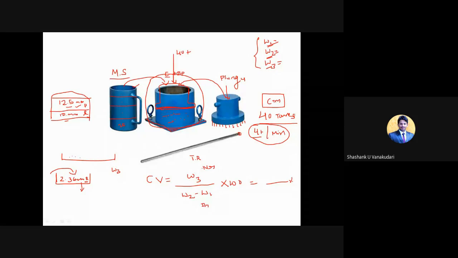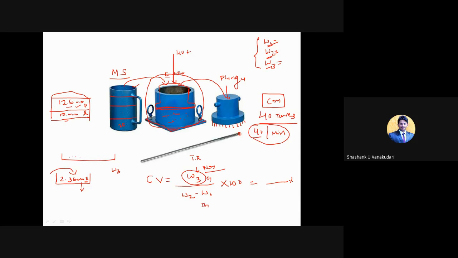So here, always in the numerator the crushed part will come, right? After considering the original weight of the aggregate, after testing, whatever the crushed part will be there, or else after conducting any test, whatever the resulting materials will be there, the crushed part we can see. That one we are going to write in the numerator. Clear? I mean at this top portion.